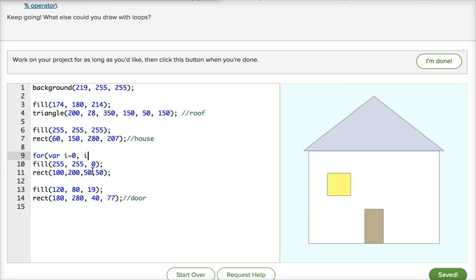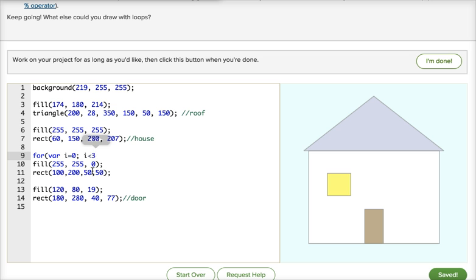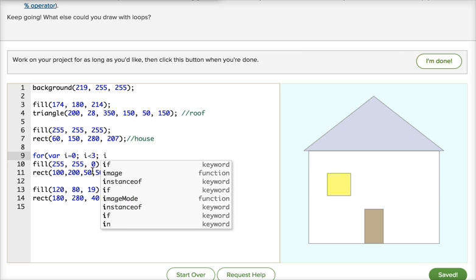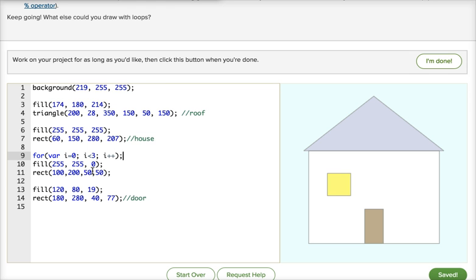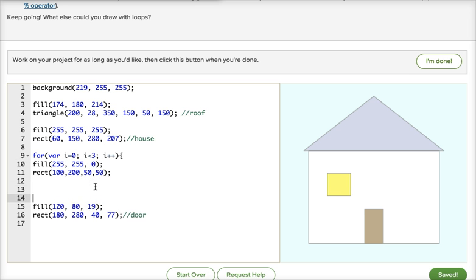And the last step, oh, I forgot that you have to put a semicolon, so my bad. i less than 3. And then the last part is how much we're increasing i each time. I'm going to say i plus plus because we're increasing i once. Now, in the for loop, what are we doing? Well, we want to create the window,